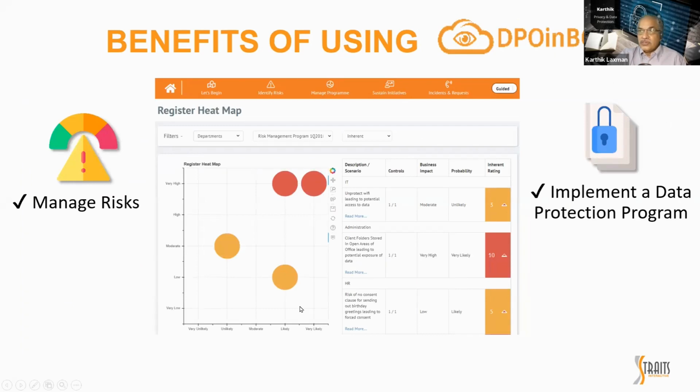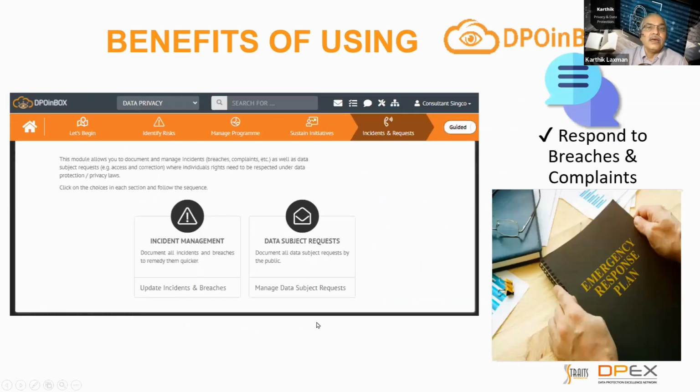You can manage the risk. Risk heat map, we saw that in detail. And with that, you actually implement a well-documented management program. And then the other cool feature in the DPOinBOX is how you respond to situations.